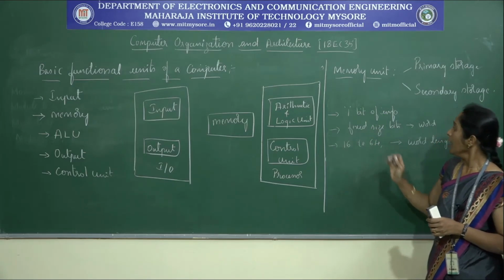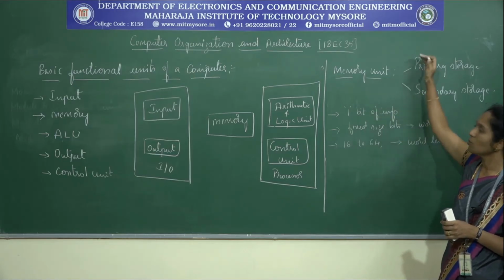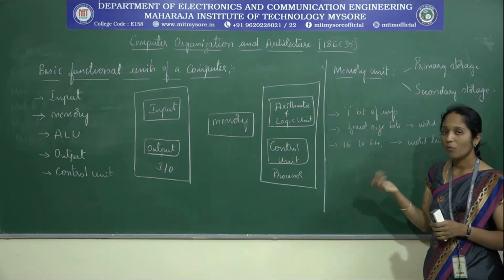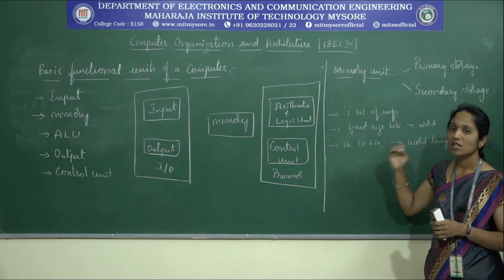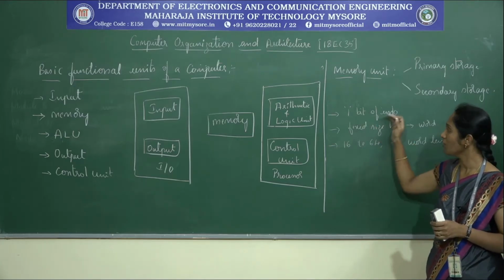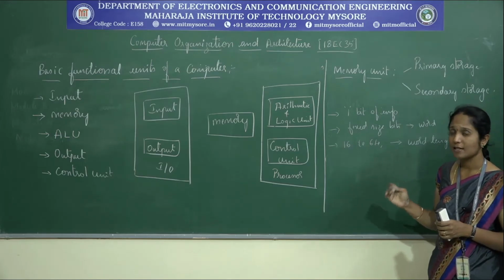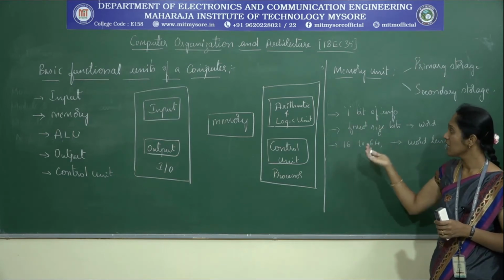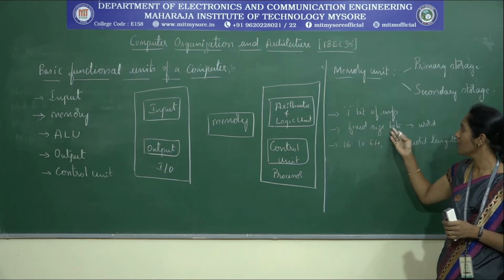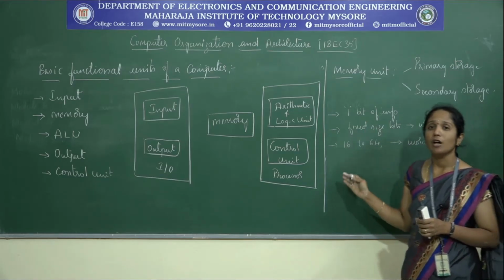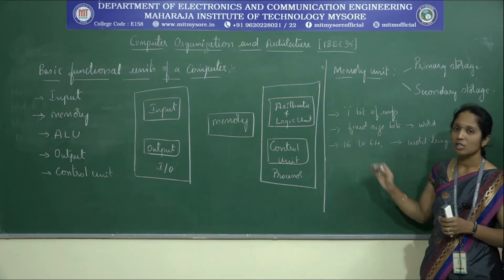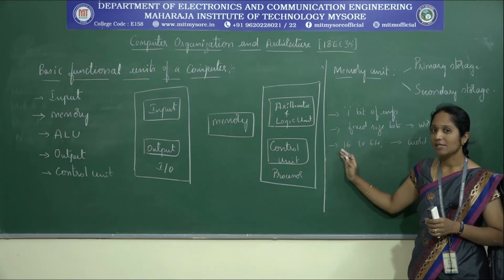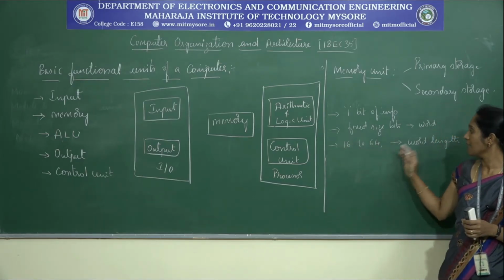Now, as we discussed, the memory unit has 2 types of storage, primary storage and secondary storage, and the memory consists of n number of semiconductor cells, each capable of storing 1 bit of information. We do not access it by writing or reading 1 bit at a time. Instead we access it as a fixed size of bits, and it is called a word. Word is nothing but the word length, the fixed size, and we have 16, 32 and 64 bits as word lengths.